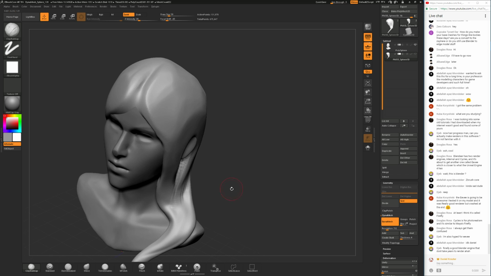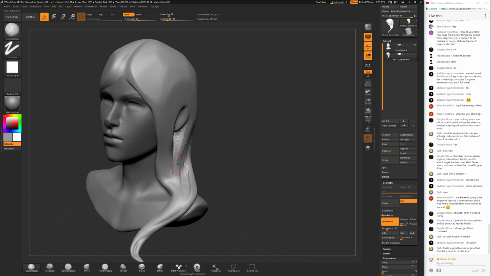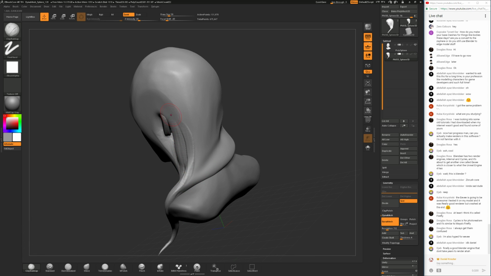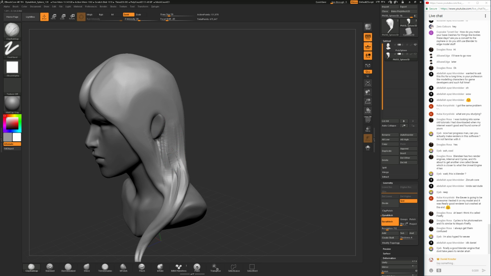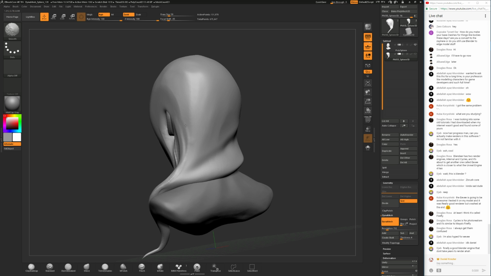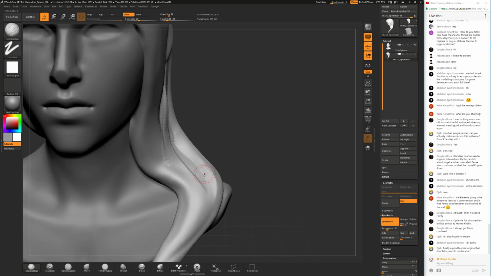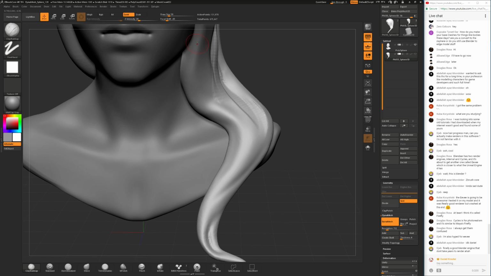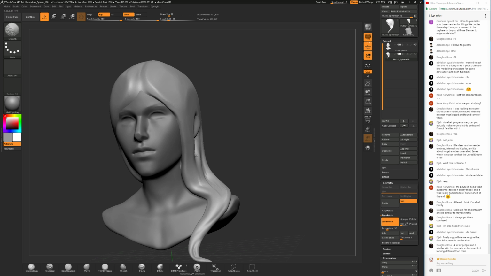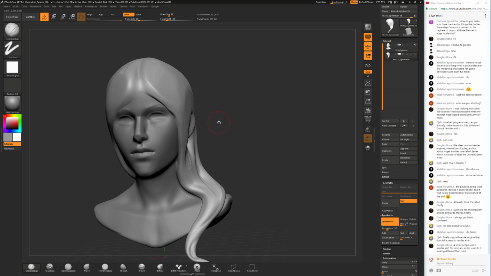Alright, so as for my hair, it is one mesh, but I'm trying to imagine it as various strands that keep splitting up and merging back together. And only when you imagine these strands in your mind, you will really be able to see where to put the lines. I'm not randomly placing lines here, right? I'm imagining where the hairs are going and trying to make the mesh follow along those lines. To give you a little bit of insight about that again.